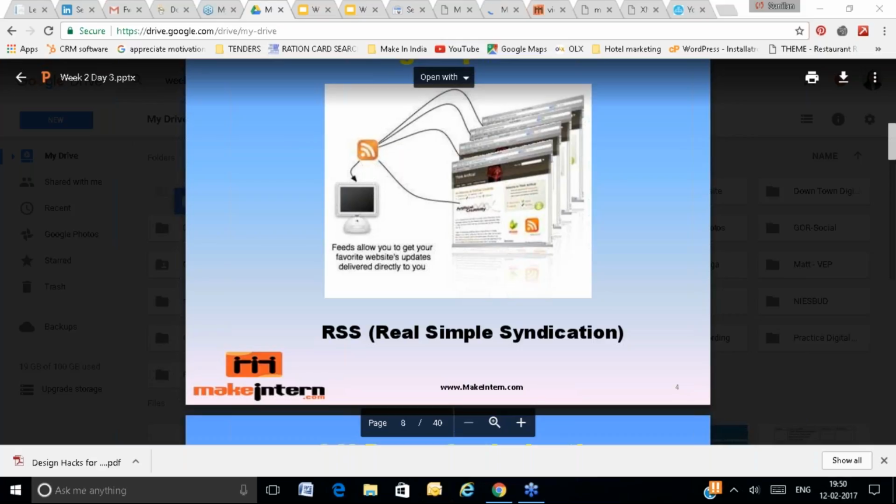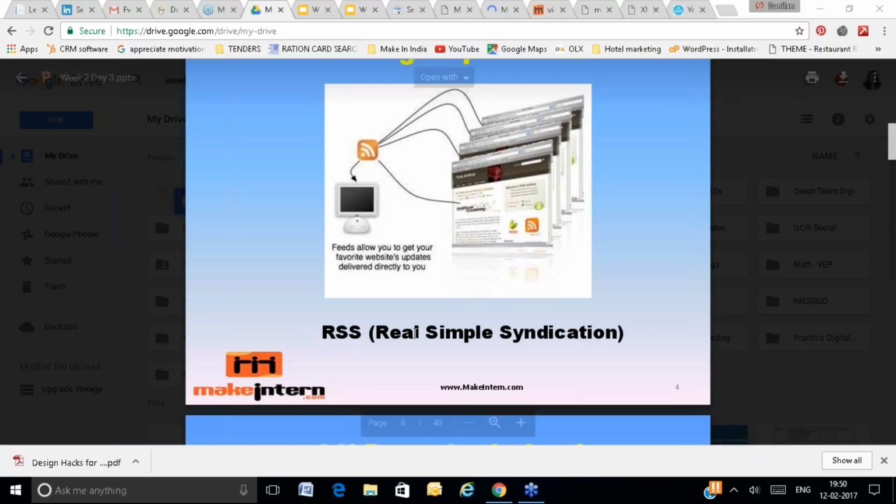You can do your own brainstorming and find what other ways are available to get backlinks. You can plan anything, you can do any crazy thing, so that other websites give you a backlink. Just plan, just do anything, right? When I'm saying anything, I mean ethical things, not non-ethical things. So one of the generic ways to get a backlink is RSS, that is really simple syndication.